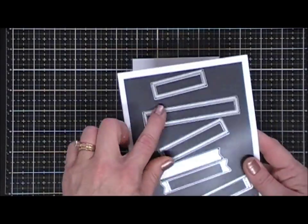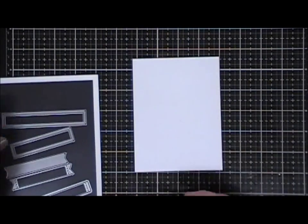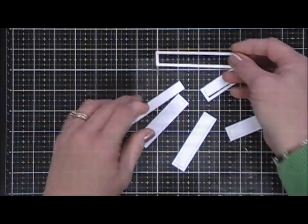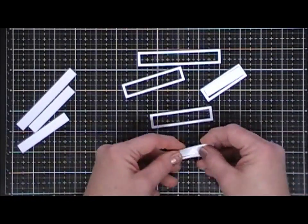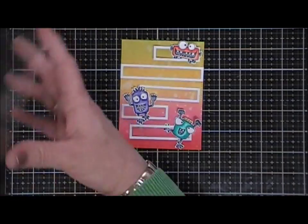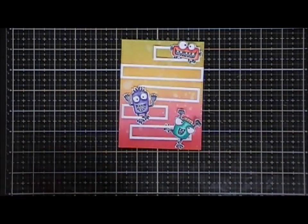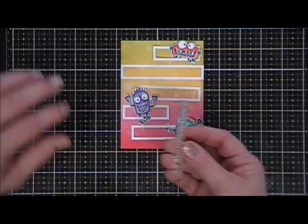Okay, now I have another piece of white cardstock here, and I decided to use these dies from My Favorite Things. They are called rectangle word window frames, and they cut out little frames. There's 3 of them in a set, and I thought that would be fun just to place on this panel with the little wonky monsters sitting on top. So eventually I'm going to pop my little frames up with some foam tape,